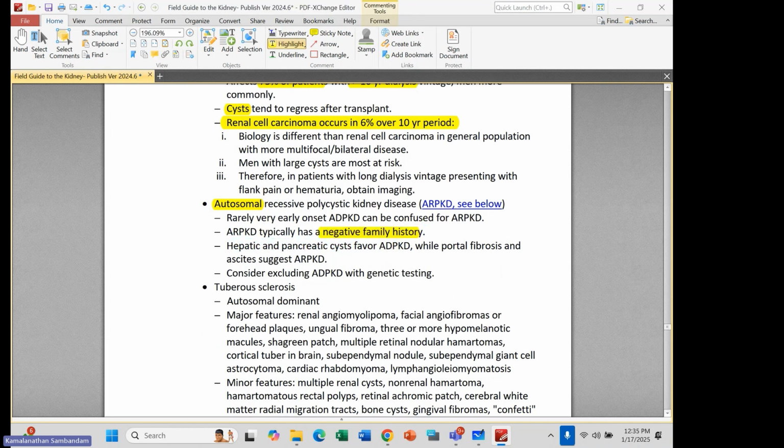A recessive condition would generally have a negative family history unless you have consanguinity in that family. And then these individuals would also have evidence often of liver disease, not just the anatomic liver disease, but actually evidence of portal hypertension, for instance. Again, we'll talk about that in just a few minutes. Okay, so these individuals actually develop portal hypertension, and you can do genetic testing for both ADPKD as well as